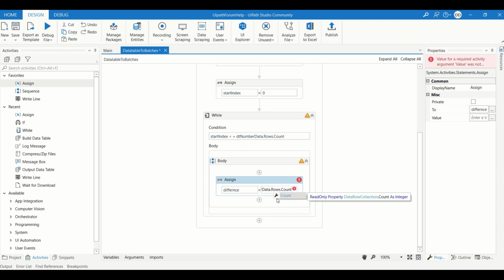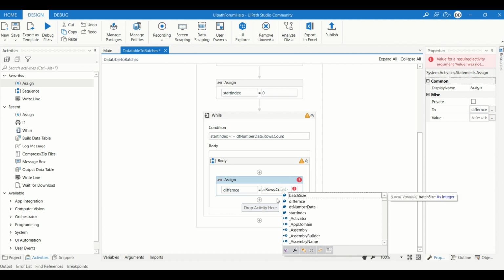Start index we will be changing: for the first batch it will be row 0 to row number 3, but in the second iteration it will go from row number 4 to row number 7.